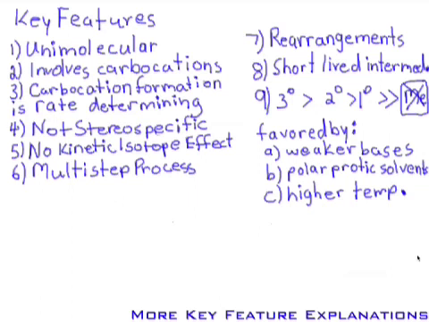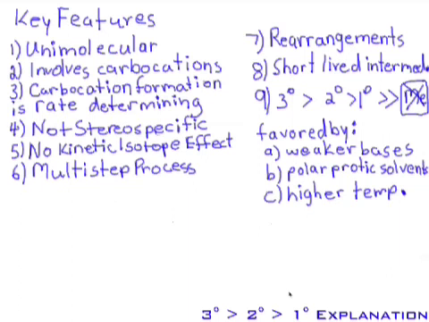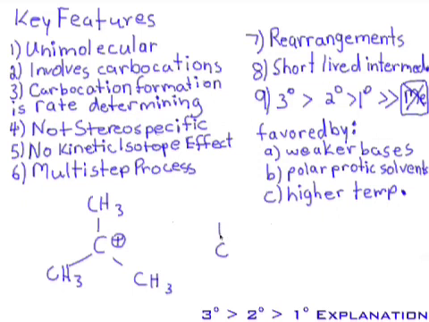And lastly, key feature number 9, tertiary is faster than secondary, which is faster than primary. Well, clearly this trend parallels the trend we saw in the SN1. This is caused by, again, the stability of the carbocation. If, for example, I compare a tertiary carbocation, like tert-butyl carbocation, you will recall, if I compare that, say, to a methyl carbocation,